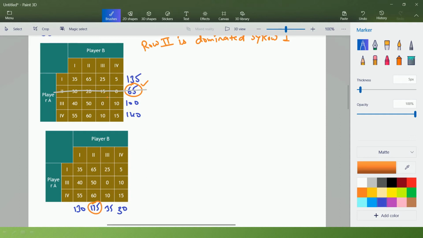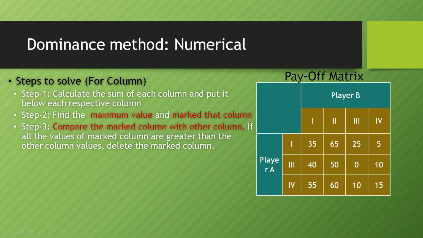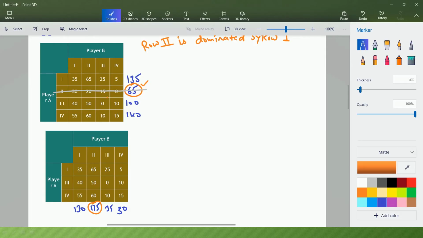Now step 3 is to compare the marked column with the other columns, and if all the values of the marked column are greater than the other column's values, then delete that marked column. Here we will compare column 2 with column 1. 65 is greater than 35, 50 is greater than 40, 60 is greater than 55.